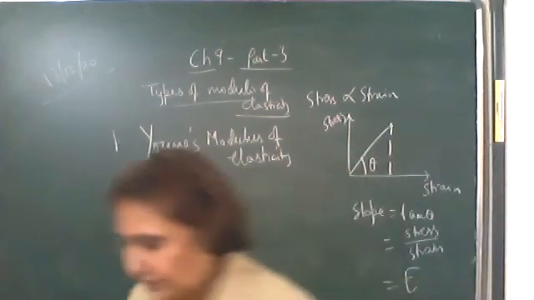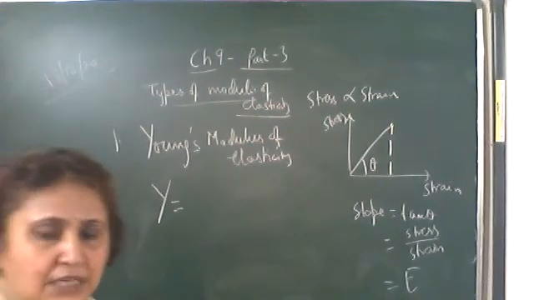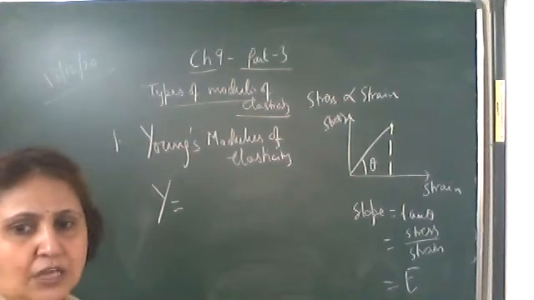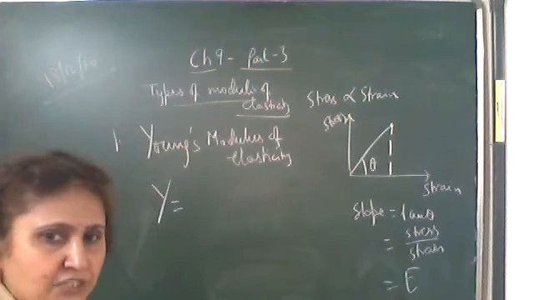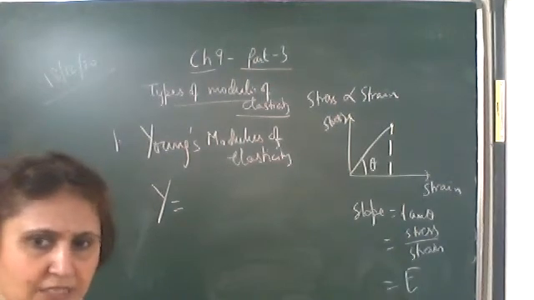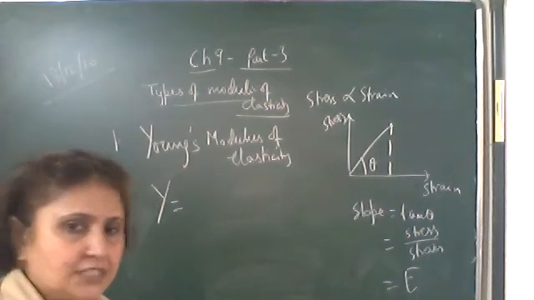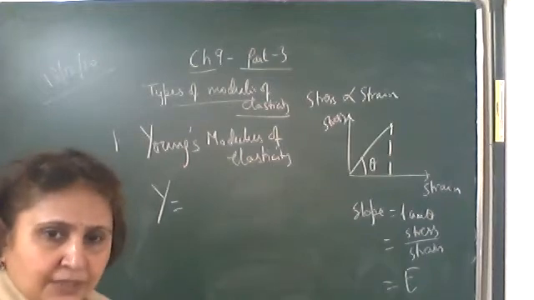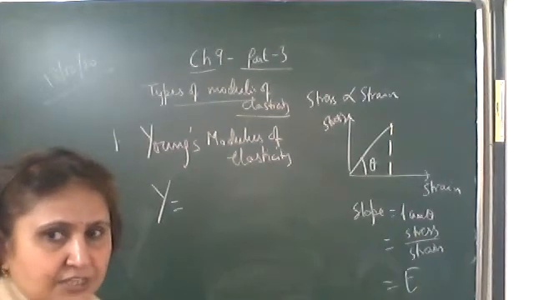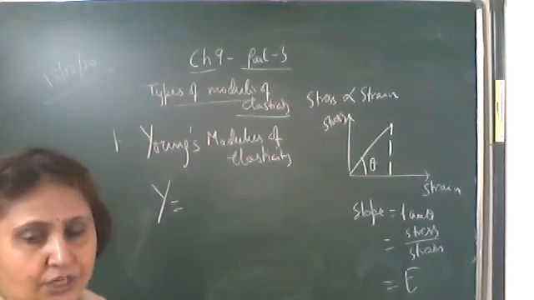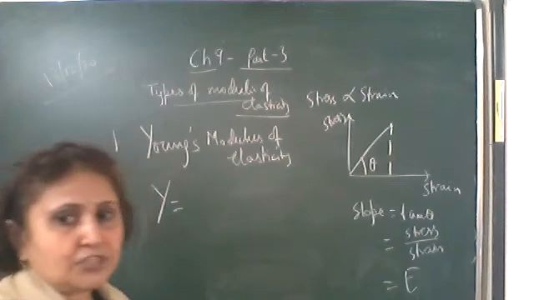Now Young's modulus of elasticity is defined as, within the elastic limit, the ratio of the longitudinal stress to the longitudinal strain. The first type of stress which we have studied is longitudinal normal stress. Whenever the wire or the rod elongates, the deforming force is applied in such a way that the wire elongates, then the stress which is produced, we call it the longitudinal stress. And the first type of strain which we have studied is longitudinal strain, which is the change in length to original length.